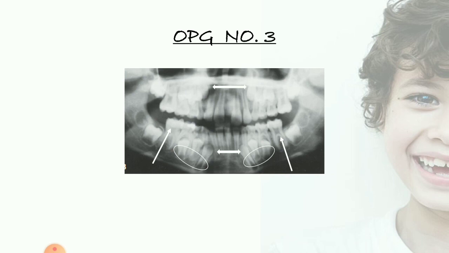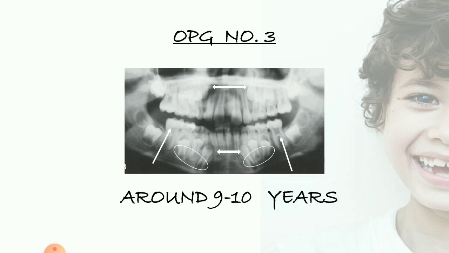At 8 years, we know that we have complete maxillary and mandibular incisors erupted, and maxillary and mandibular first molars erupted. So the age has already crossed 8 years. Whereas the age hasn't yet crossed 10 years, or it is not yet 11 years, because the mandibular canine hasn't erupted into the oral cavity, because we know that at the age of 11 years the mandibular canine erupts into the oral cavity along with the first premolars. But in this case, the mandibular canine hasn't yet erupted and the maxillary lateral incisor has erupted. So the age is more than 8 years but less than 11 years. So the age might be around 9 to 10 years.